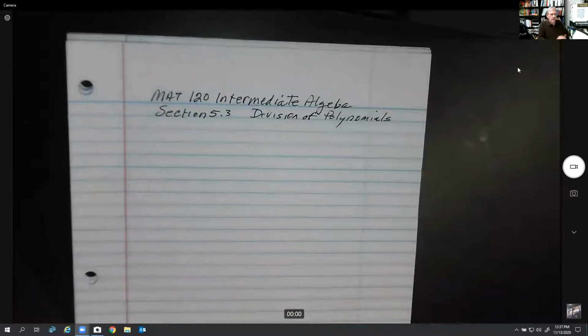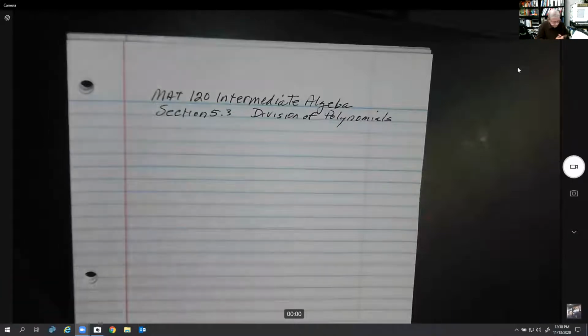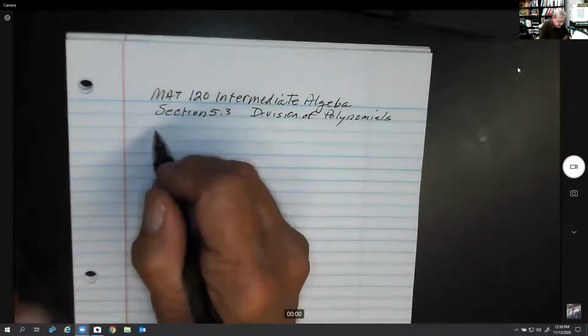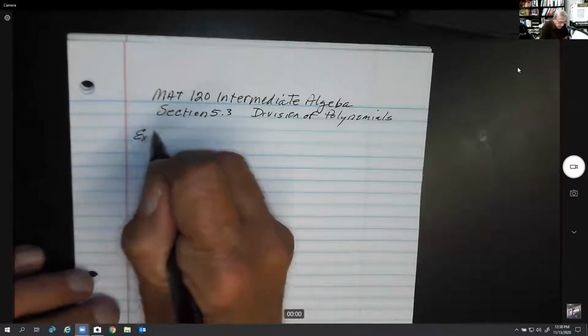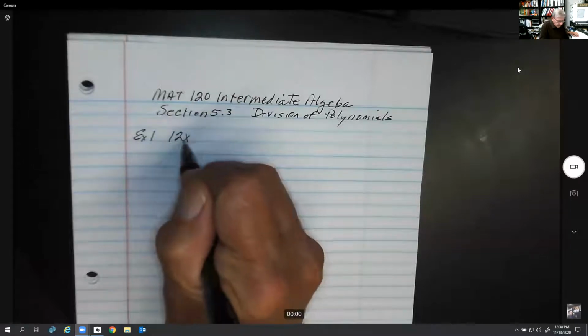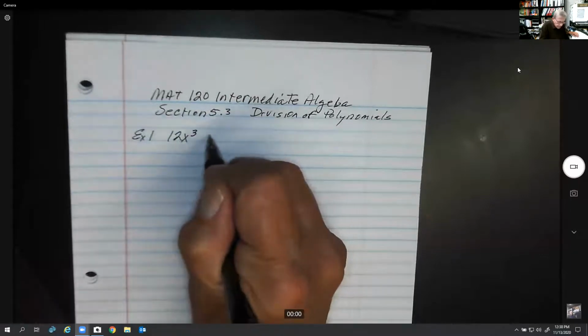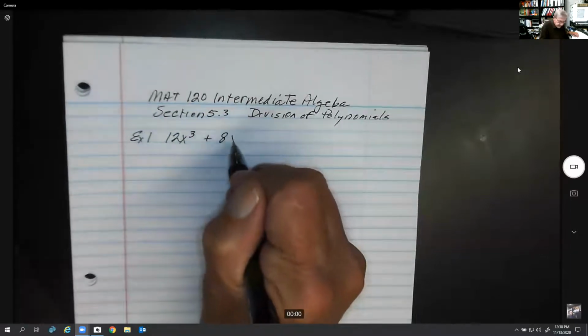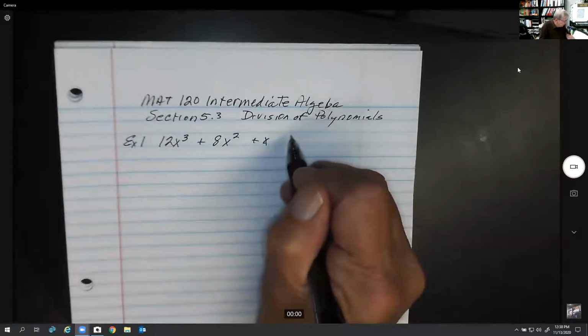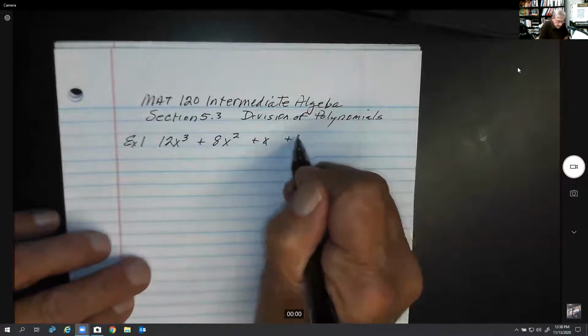Okay, so we're going to show you three ways to divide that we commonly use. The first one is, say we have this problem right here. This is Example 1 in your book, but we'll just go over it quickly. Suppose we had 12x^3 + 8x^2 + x + 4, and we wanted to